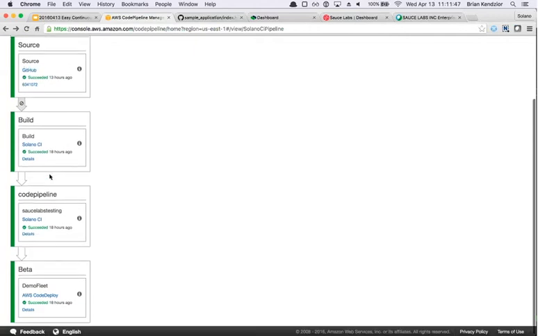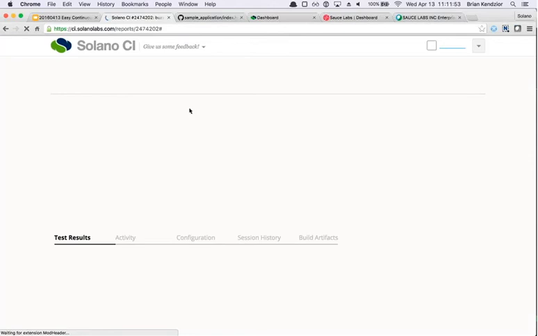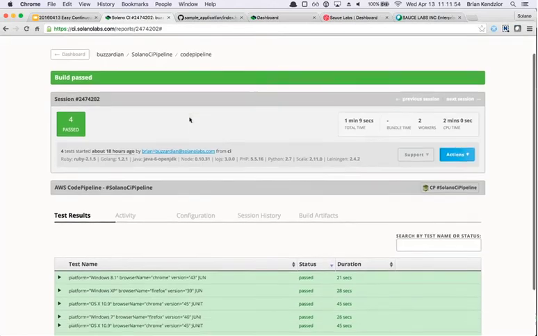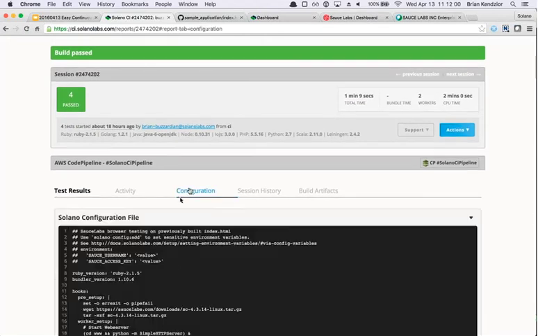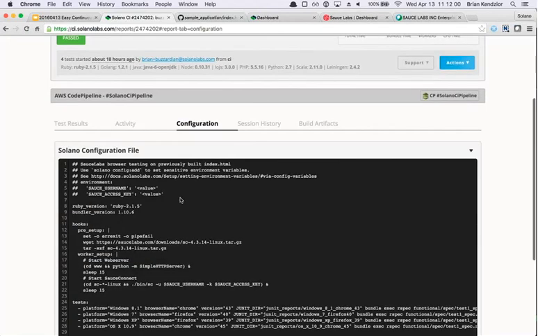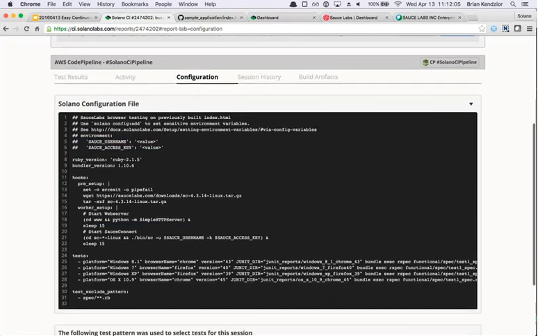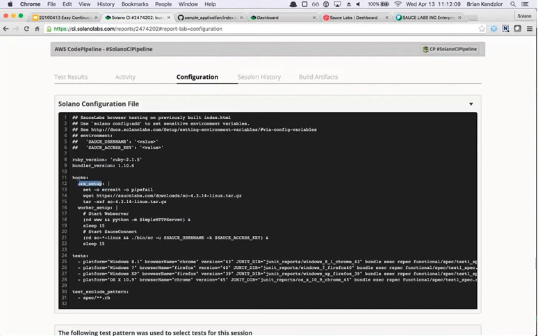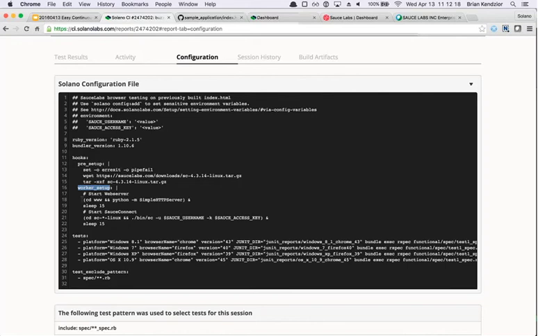And so the next step is another Solano CI step. But this Solano CI step is actually kicking off some Sauce Labs tests with Sauce Connect. And before we jump back to Sauce, let's actually look at the configuration file that we use to achieve this. So first thing we do is actually a few pre-setup tools. What we're going to do is download the Sauce Connect binary, open it up, and then worker setup is actually happening